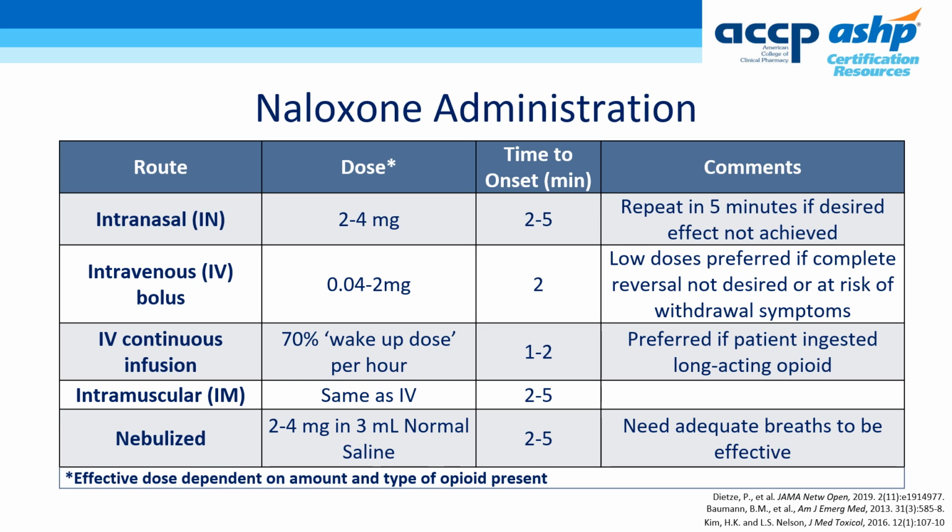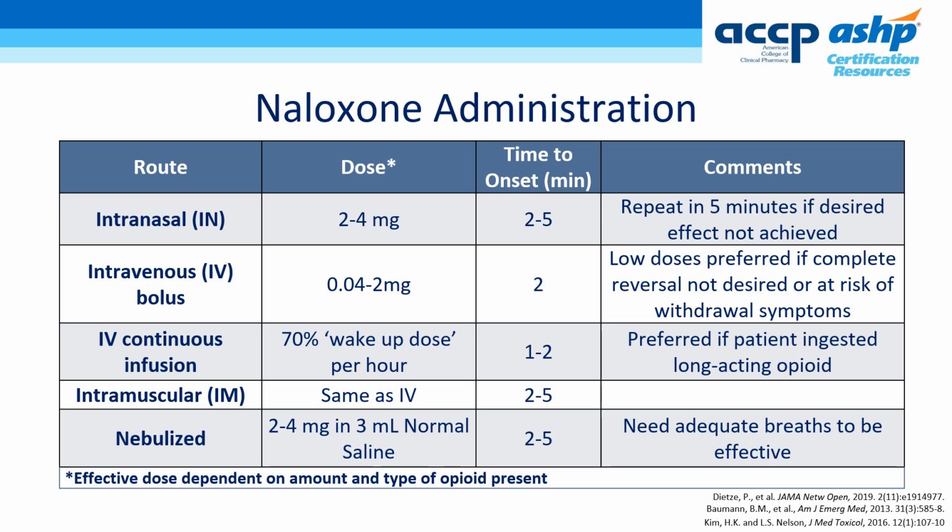Now, we've already discussed the intranasal route as well as titration via the IV route. I do want to highlight that the intravenous route has the fastest onset, and if a continuous infusion is needed, we typically start the infusion at 2/3 of the wake-up dose per hour. So for example, if it took 1 milligram of intravenous naloxone to obtain the desired response, we would start the infusion at 0.6 milligrams per hour.